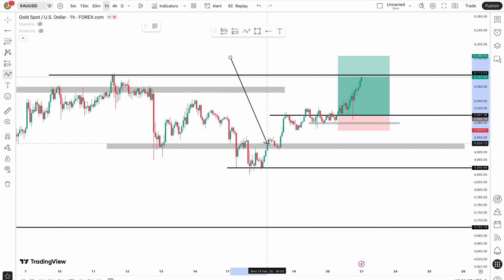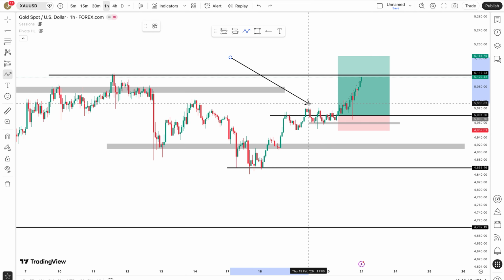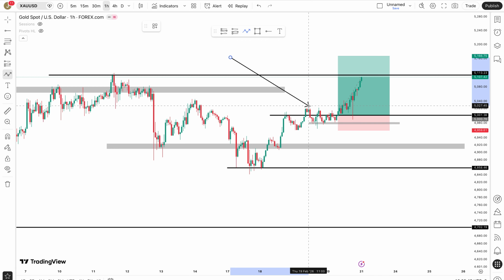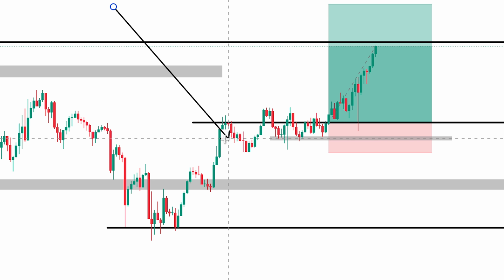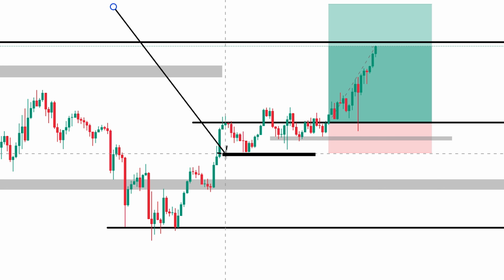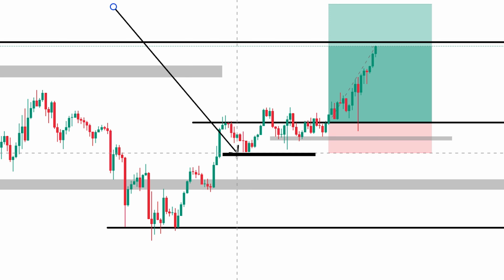So when the market created a higher high, a higher low, came up, created a higher high, and then created a higher low, I marked out this level and I was waiting for an indication above this level, a correction, and when price got back above this level, I was thinking buys. Price ended up giving me an indication. I trade ICC for everybody that's new here, right? So that's indication, correction, and continuation. Price ended up giving me an indication and then we corrected. Remember, we have this higher low right here. So as long as price has not broken below this higher low, I am still going to think buys.